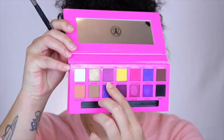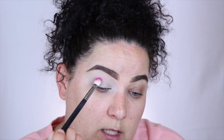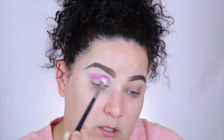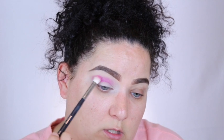First color I'm going to go into is Unicorn Tribe, which is this beautiful light purple. I'm going to take a Morphe M433 and I'm going to just lightly pack this and then start blending this out. When I used the palette the other day, I tried to do more of the packing motion and the shadows didn't really turn out the way that I wanted them to, and I had a friend who told me to actually blend the shadows, which I haven't really just went in and blended an eyeshadow in